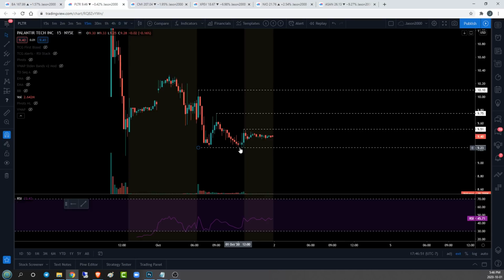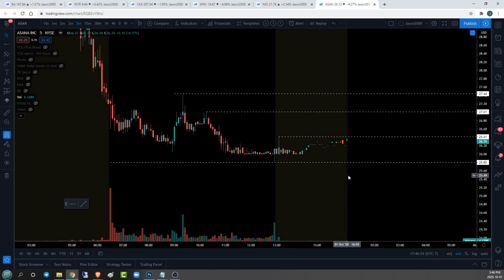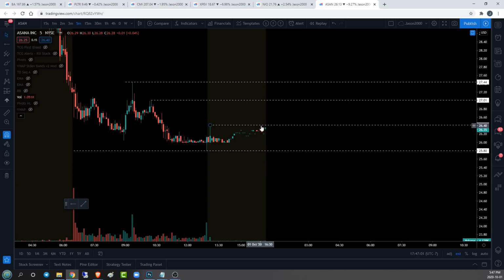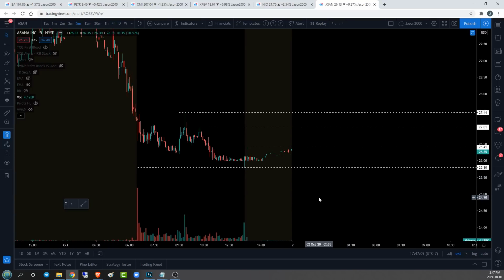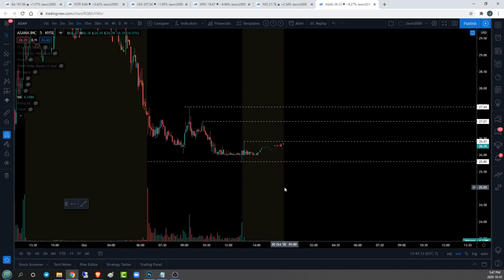We've got a base of support. In this case, we just have one support touch, but we have these descending levels for 5-minute resistance. And so we're going to be looking for a bull break of 26.41 or a bear break of 25.80, 5-minute time frame. This is the best bet we've got so far. What it means for tomorrow is look for a trend change. If you're looking for a long position, the bare minimum you want to see is a break over 26.41, you want to see development of a 5-minute uptrend,